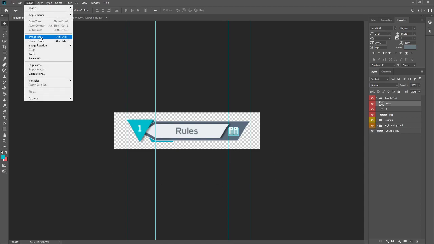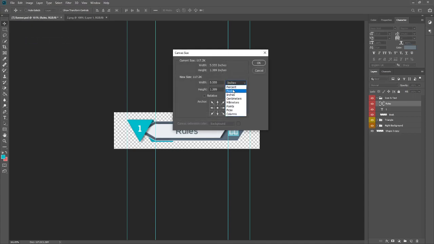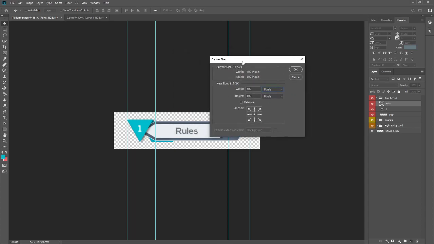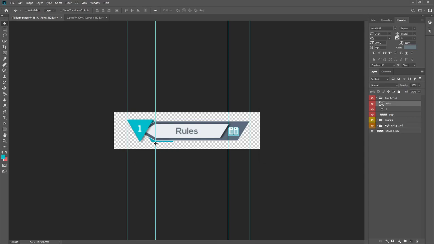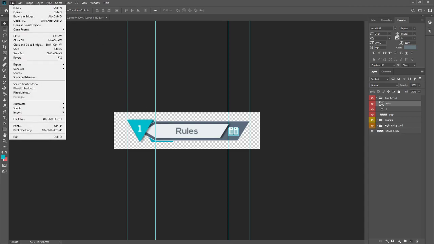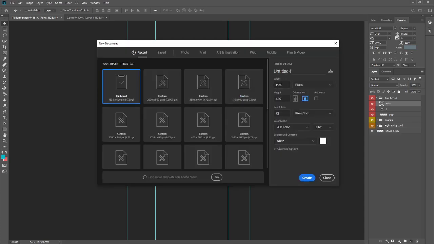As you can see, as proof of how long ago this was, I was basically still new to Photoshop then, and I made a big mistake and made this super tiny. So I'm going to blow this up by 5 times, so it's going to be 2000 by 500, but obviously not ideal. However, we're stuck with this. So I'm going to go ahead and create a new file, and we're going to do 2000 by 500.